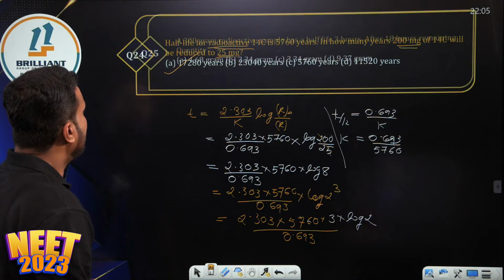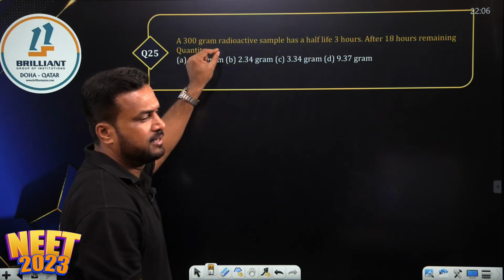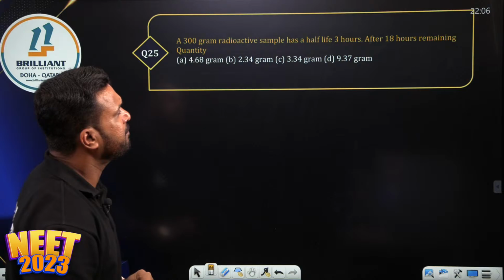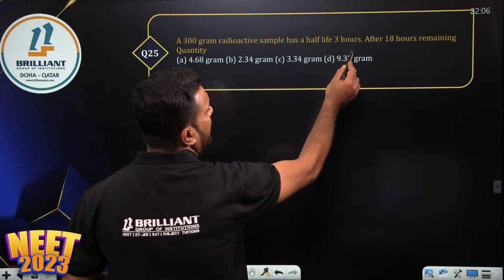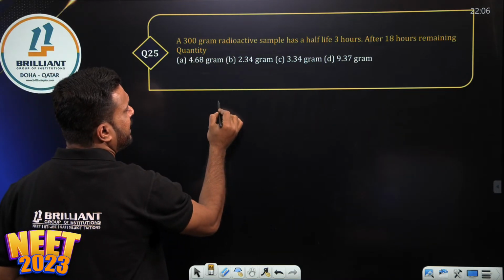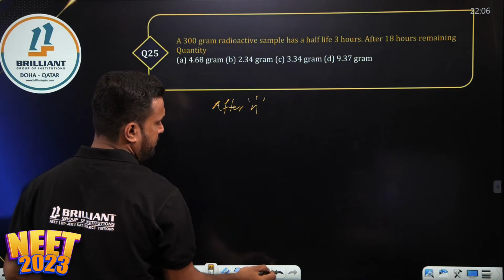Okay, so the last and final, we will stop it over here. It's a different type of question. I'll take 2 minutes, after that we can wind up. A 300 gram radioactive sample has a half-life of 3 hours. After 18 hours, what is the remaining quantity? You know that after n half-lives,